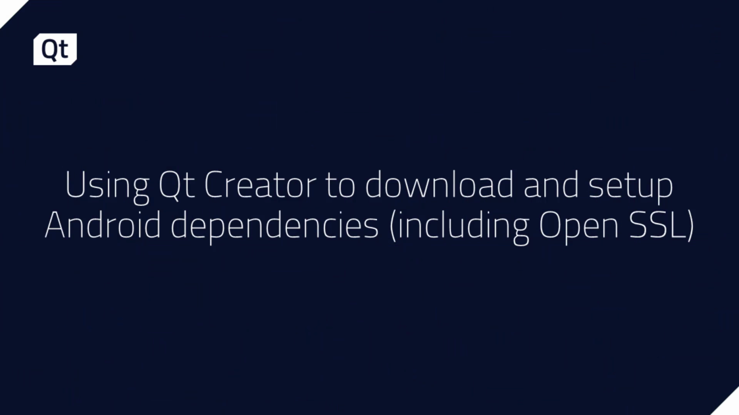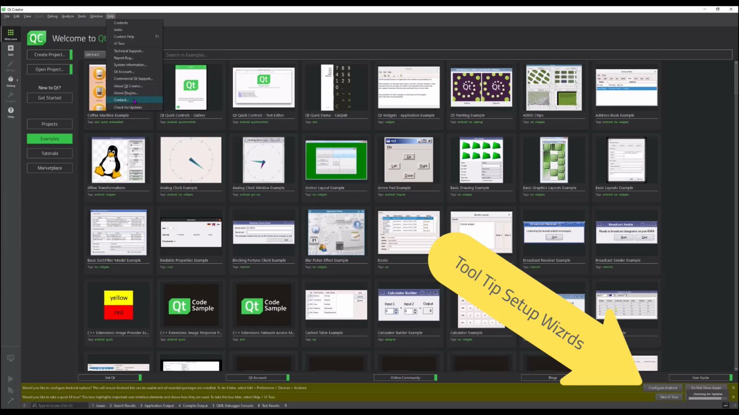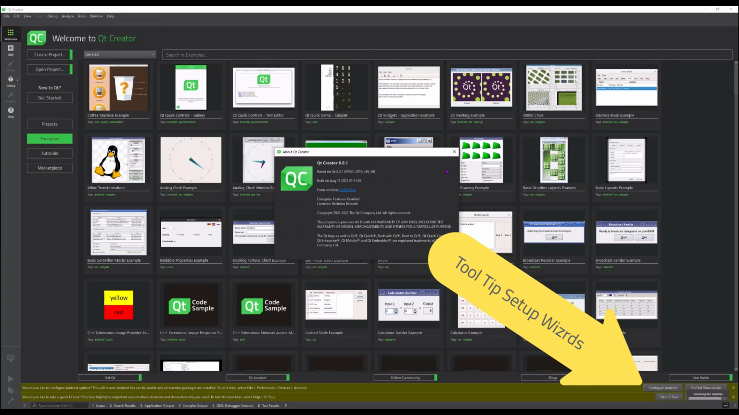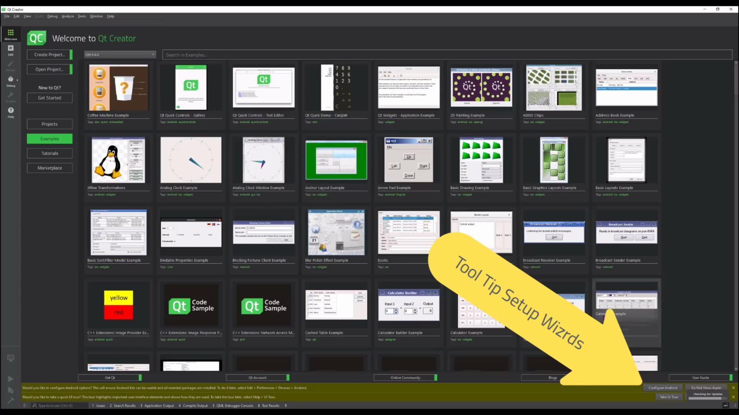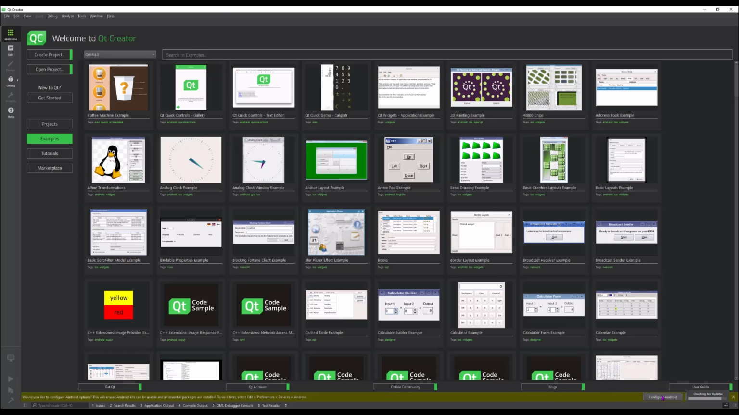Using Qt Creator to download and set up Android dependencies, including OpenSSL. Okay, so here we are in our fresh Qt Creator 8 install. And because it's a fresh install, we've got our tooltips down the bottom telling us that we can use them to set up our Android. Also, you note we're on the welcome screen where all the examples are, and we have the examples for the right Qt version there,